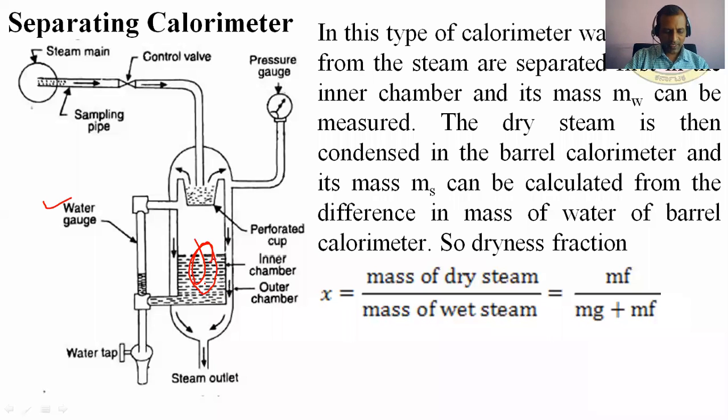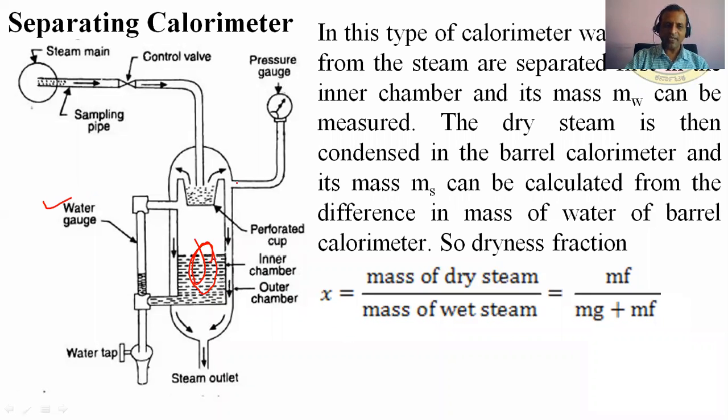And consequently gets separated from the mixture, right? The separated water collects at the bottom of the inner chamber and its amount may be determined by the graduated water scale. How much water is collected here, that is to be measured with the help of the water gauge, right? Then the amount of dry steam leaving the outer chamber of the calorimeter may be measured by condensing it